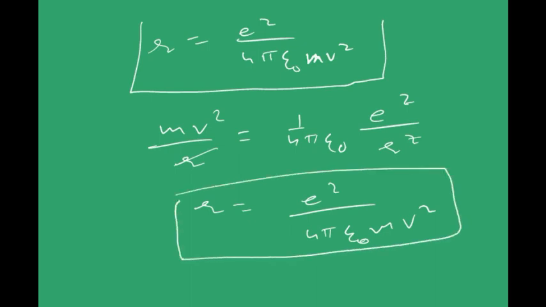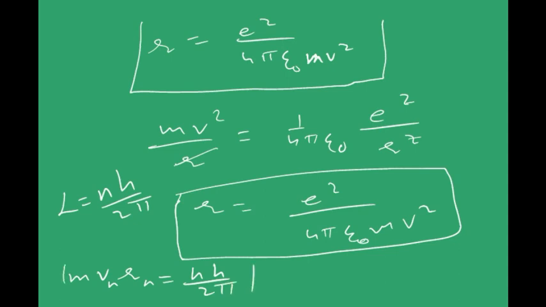Now, by the second postulate of Bohr's theory, we can say that the angular momentum is an integral multiple, say n times h by 2 pi. Now, what is the angular momentum of the electron? It is revolving in circular orbits, right? So it will be m into v into r, where v is the velocity and r is the radius of the nth orbit. Let me write it as v n and r n. So it will be n h by 2 pi. Now I think the game is over, because here r was unknown and v was unknown.